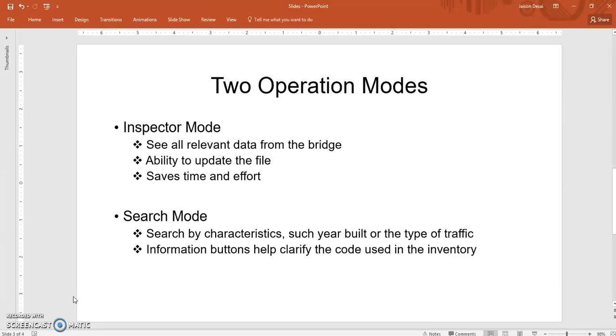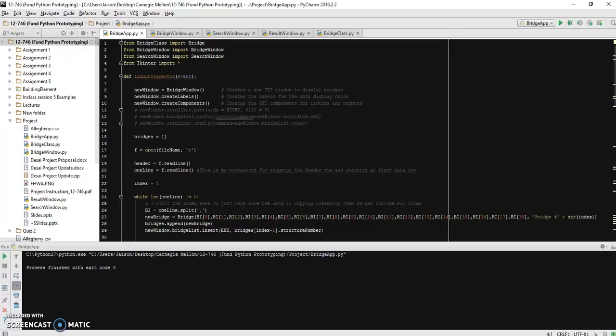So we have two operation modes: the inspector mode, where they can update the file after seeing all the data, and then also the search mode, where anyone can search by characteristics and use information buttons to clarify the National Bridge Inventory code. So if we look at Python here, we can see we have a bridge app where it's run out of,